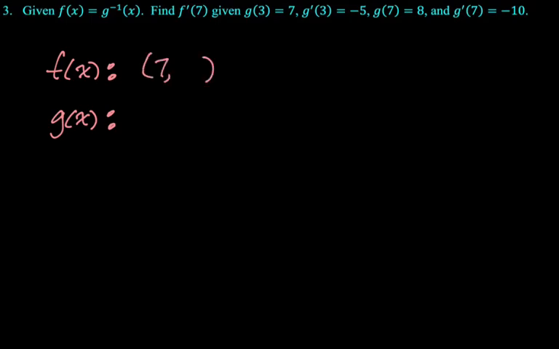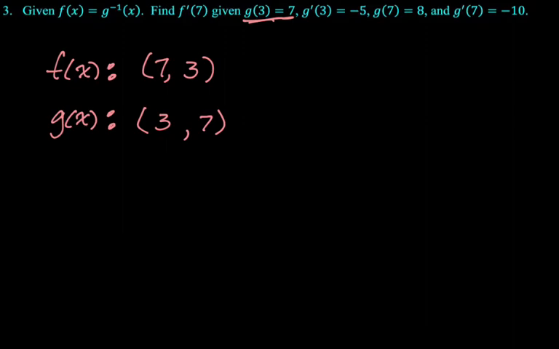And if 7 is an x-coordinate for f, and g is the inverse, then that means 7 is a y-coordinate for g. So 7 must be a y-coordinate for g. I always go through that thought process. Now what I'm going to do is look at the given information and figure out where the y-coordinate 7 for g is. So it's this first one. G of 3 is equal to 7, which means our ordered pair here is 3, 7 for g,